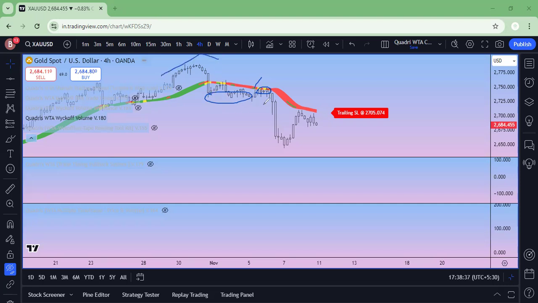If this is accumulation, then the result should be higher prices, but that didn't happen. So that is the reason going with schematics and all is very unrealistic in live markets. That is the reason I have developed these tools, so that if this is an accumulation, then which price levels are of my interest? These are the two price areas,